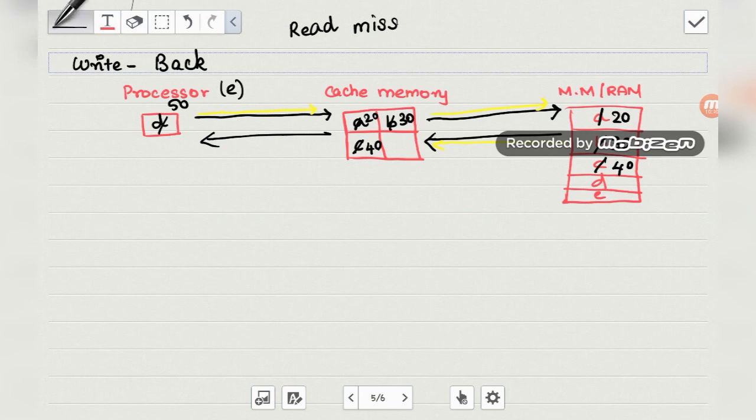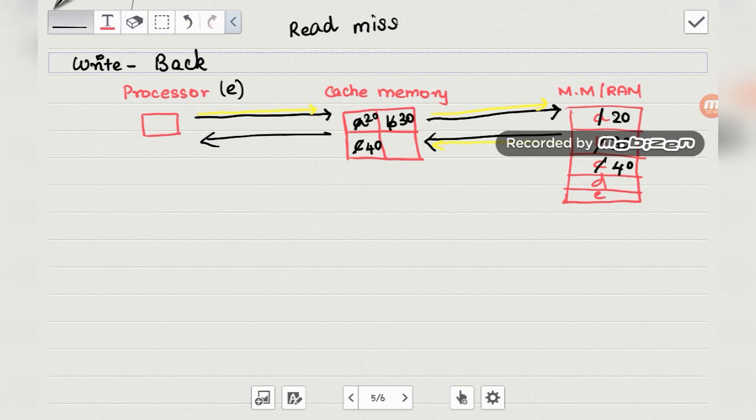So the processor is demanding for E, and there was this D, right? It goes here and finds that there is an E, but there's no space in the cache memory. So you will remove this value.